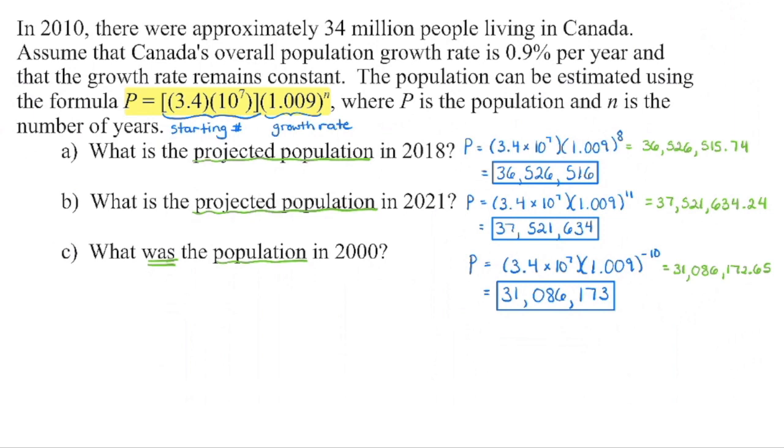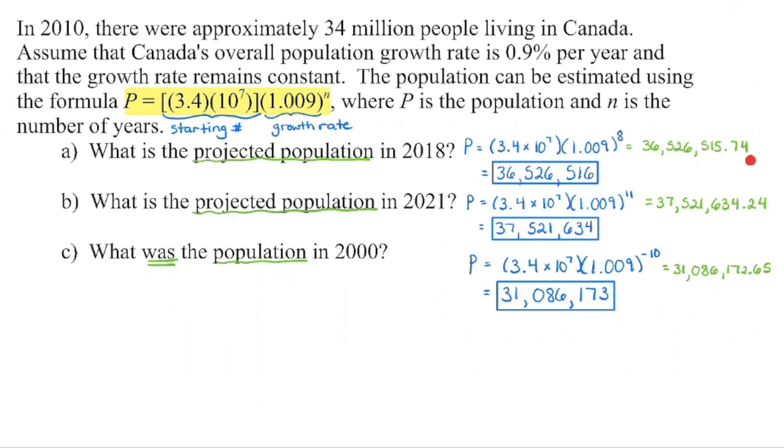All right, so we want to know what is the projected population in 2018. And again, watch your units here. So P is population, N is the number of years. Our starting point is 2010. So in 2018, we are 8 years later. So we're going to put in an exponent of 8: 3.4 times 10 to the power of 7, times 1.009 to the power of 8, and try this on your calculator to make sure you can enter it correctly. It gives us